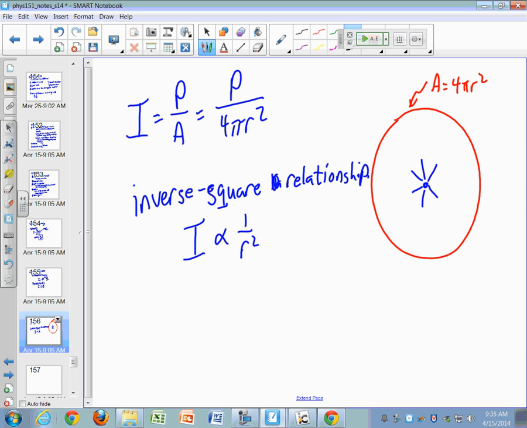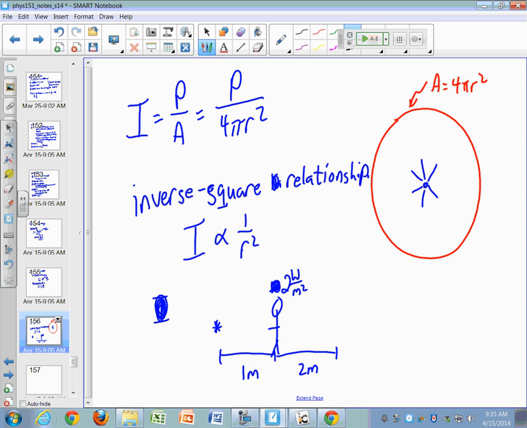So let's say, for example, you have a speaker, say this is your speaker right here. You stand a distance of 1 meter from that speaker, and you measure an intensity at this particular point. I'm just going to use some round numbers, just to make it easy. Say 2 watts per square meter. And then if I move to 2 meters away,